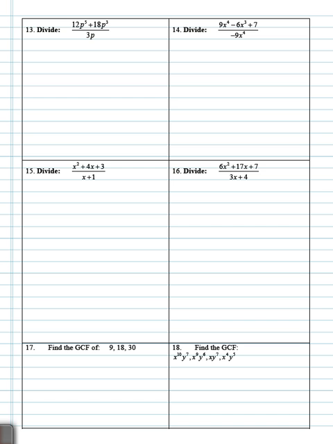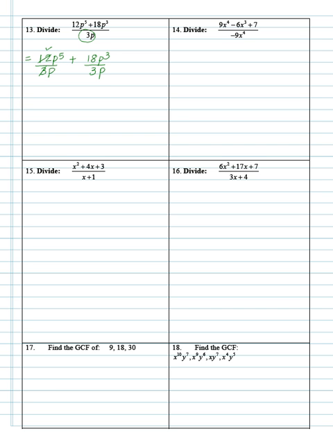Divide. When they're asking you to divide, you're going to go ahead and look how many terms you have in the denominator. I have just one term, so I'm going to rewrite it as 12p^5 over 3p plus 18p cubed over 3p. Now, I'm going to go ahead and work with each of them separately. Now, with the first term,